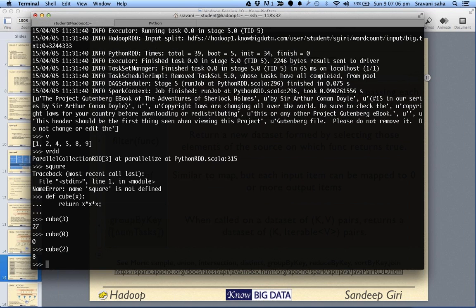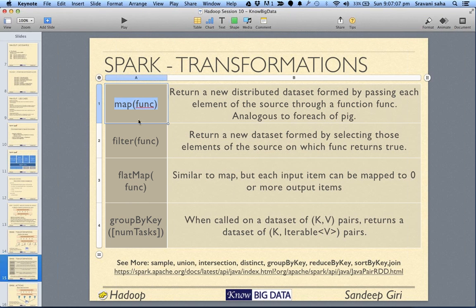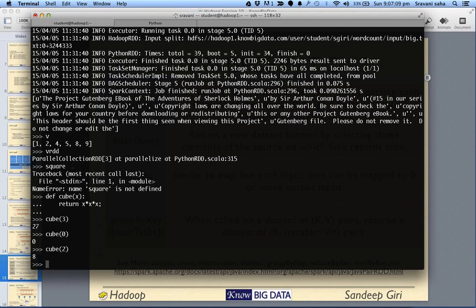What we want to do is apply this cube function on each element of an array. VRDD is the RDD representation of our V. We have copied V into memory as an RDD, and what we want to do is map, and we pass the handle to our function.